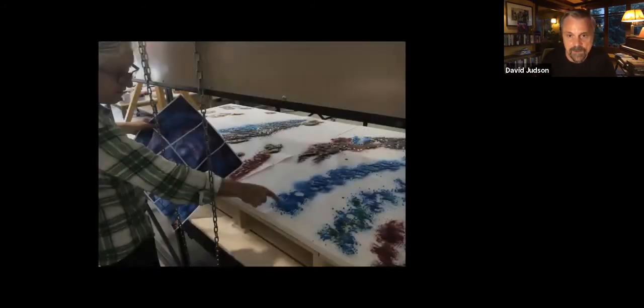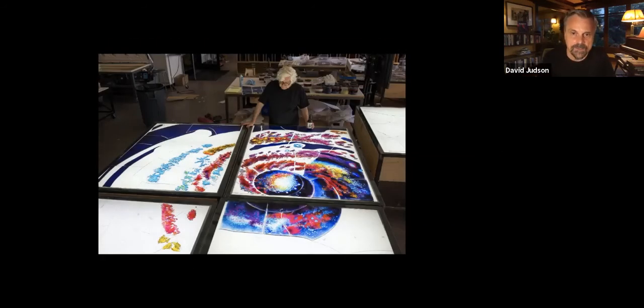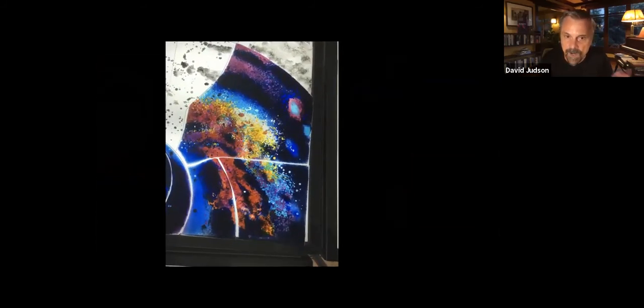And so what we found is that if you laid the frit down in the kiln, you could create almost like these brush strokes of color. And so you see there working from the drawing, getting a sense of what we're trying to assemble together, laying that out on a light table, and basically constructing it, taking what we ended up calling lace glass. So putting down the frit created these amazing effects of glass that we could then combine with the painting as well to create